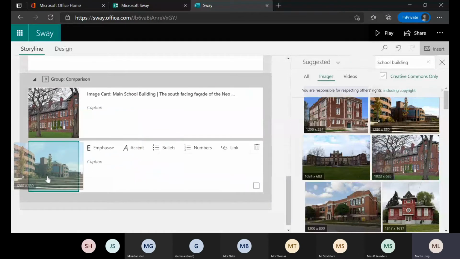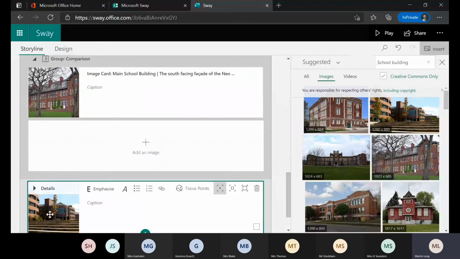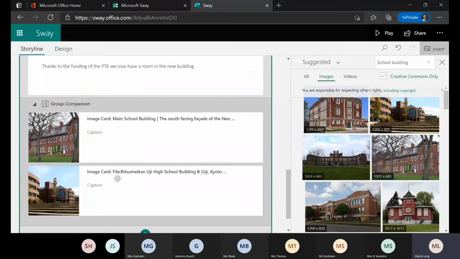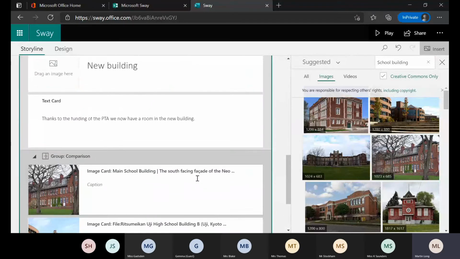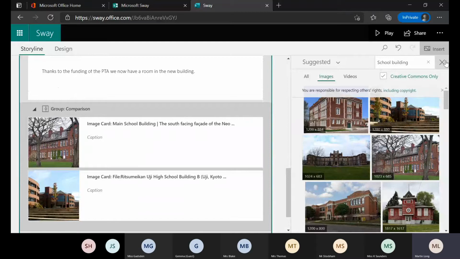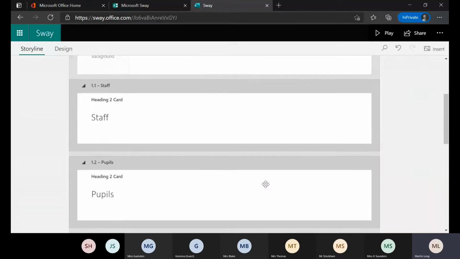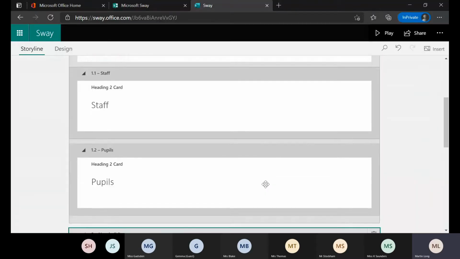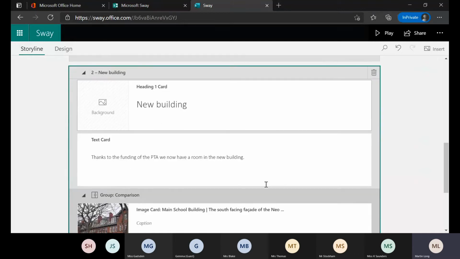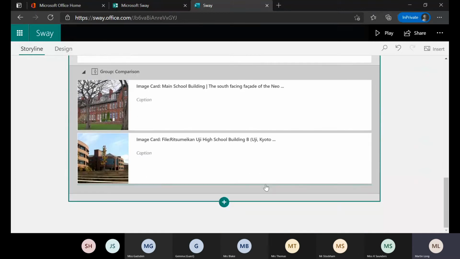I can bring that over and drop that in there. It will go in there. There we go. New school building. So we've now got our comparison card there as well. Now we're starting to build this, and these cards are stacking up, and you can see now how the storyline would form. One of the things that you will want to do very quickly is check what it looks like